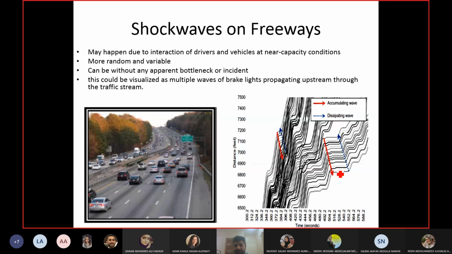Okay, so you can see it here in this figure. Here it is happening at this distance. Okay, here it is happening at this distance. Okay, so distances are different. The amount of time of shock wave accumulation and dissipation is different. Okay, I have a video that I will show.